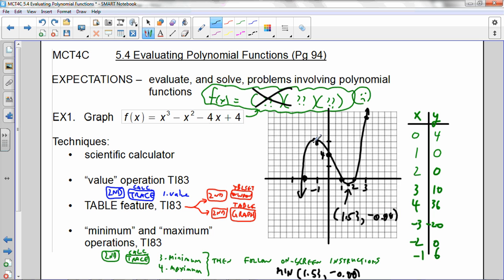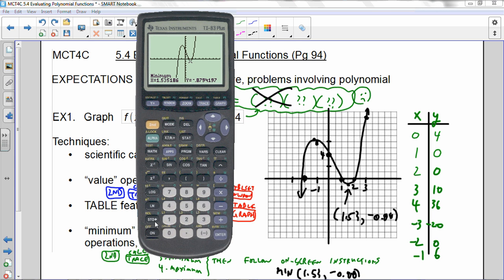It'd be nice to find that point right there, and I can using the maximum calculation. So second function trace gives me the calc menu, maximum. Now notice I can scroll back, but if I just want to type in what the left bound is, I see it's around -1, but if I put in -2, it'll put a marker at -2, and then I can be safe. I could scroll, but I'm just going to type in 1 because I can see at x equals 1, that'll include my maximum, and then I can scroll towards my guess, press enter, and then I